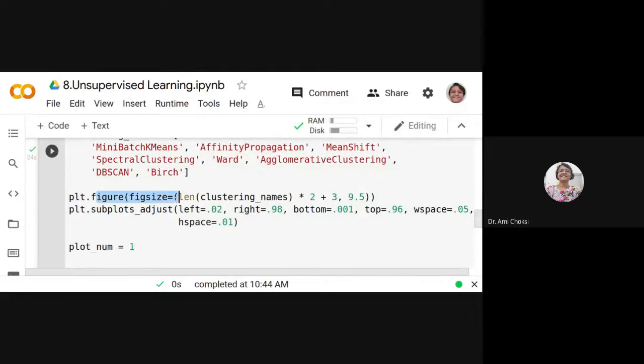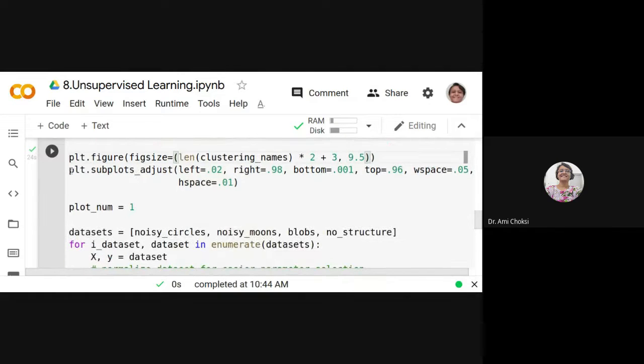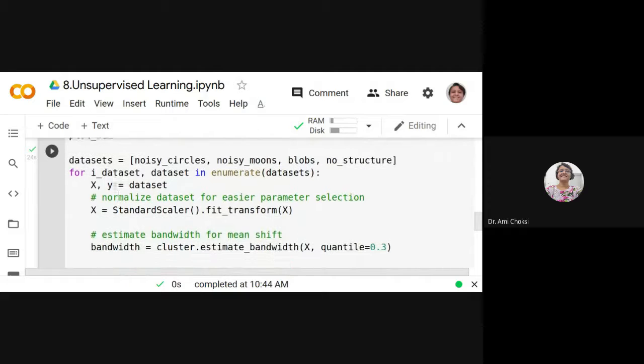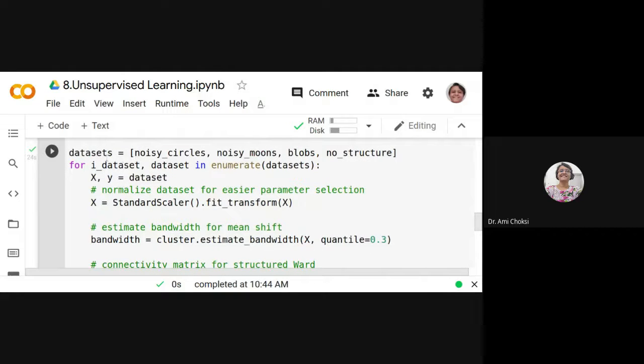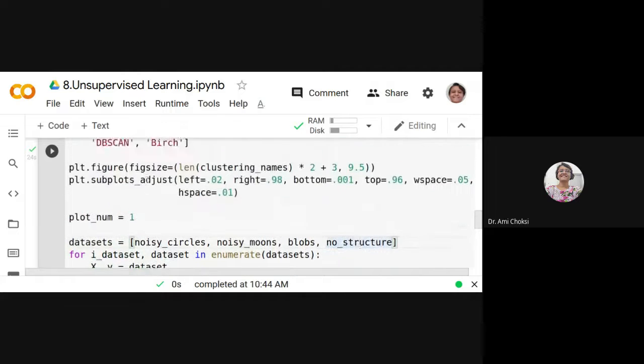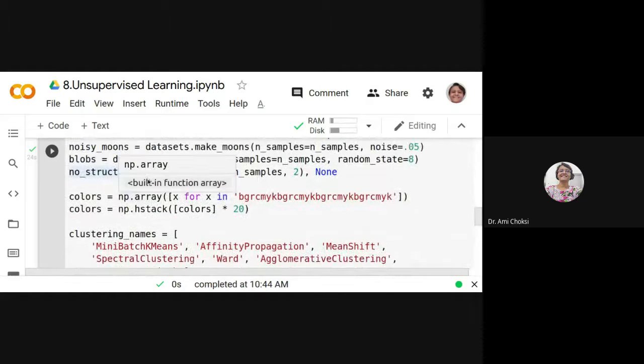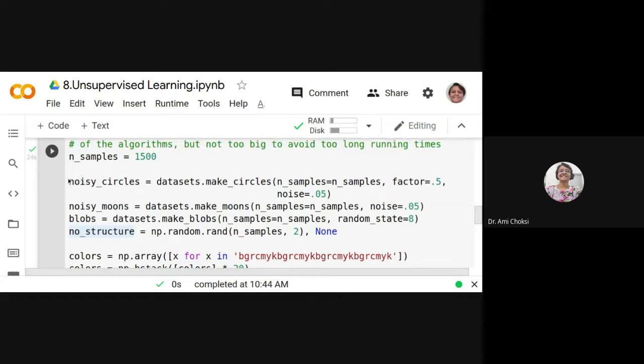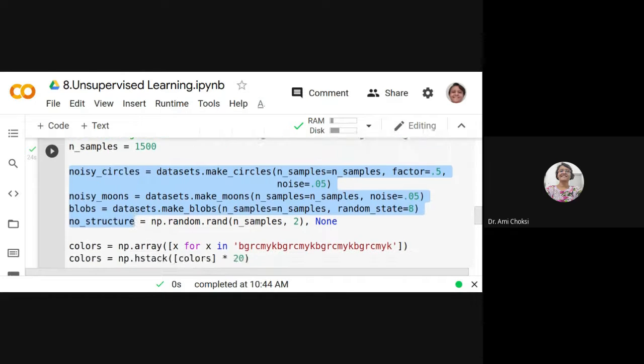So we are specifying the figure size. Then after we are having subplots. Then for datasets, we are having the noisy circles, noisy moons, blobs and no structure, right? This is what we have already initialized here, right? We have already initialized these particular variables.